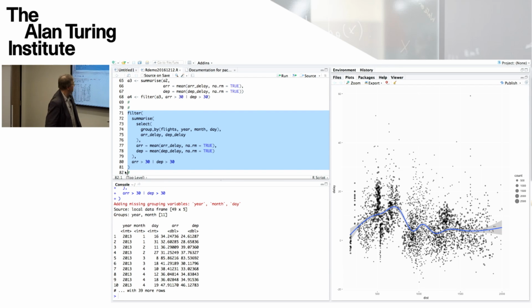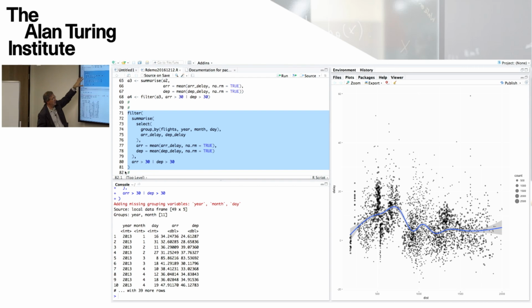But the drawback of this is that essential parts of the filter are listed right down here, a long way away from the action name filter, and similarly for the summarize. So it hasn't got the right locality to it. It's a difficult way of expressing things, although some people who like to nest their lists like this are very readily able to do so. But I don't think it's the most natural way of building this. It's not as natural as this way, but notice it hasn't got lots of arbitrary temporary variables along the way.